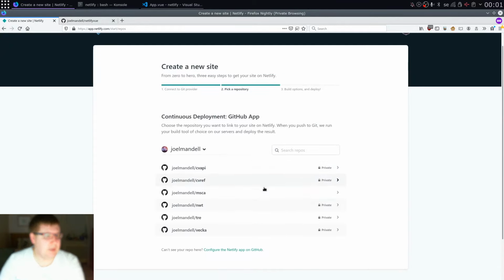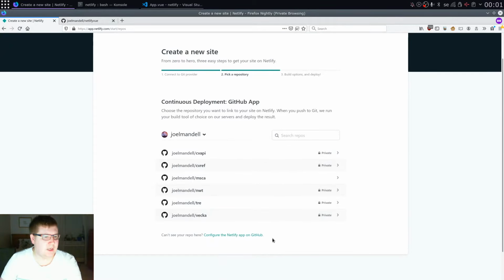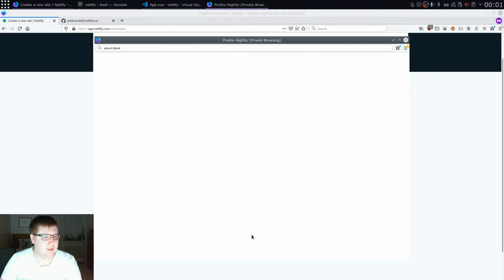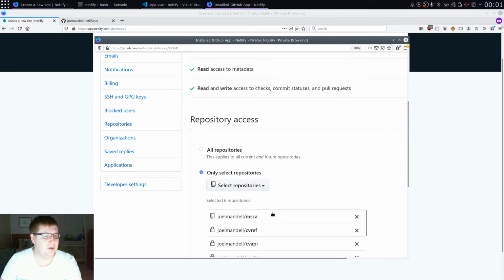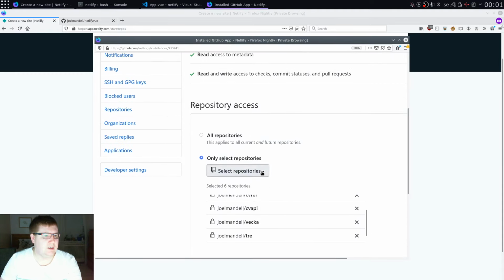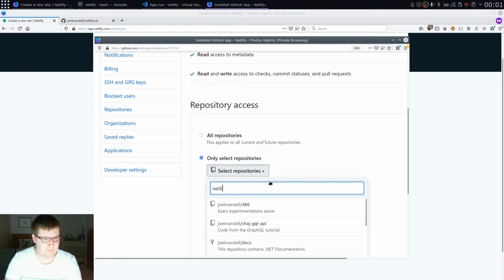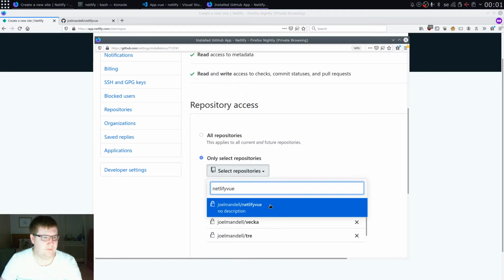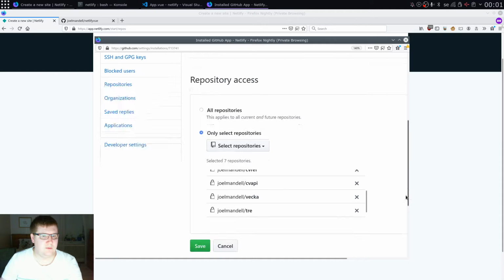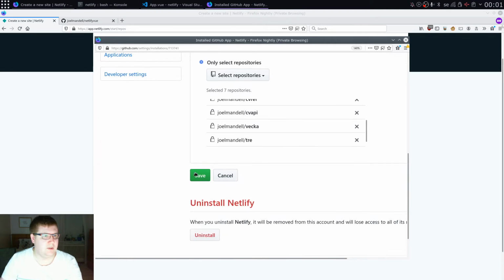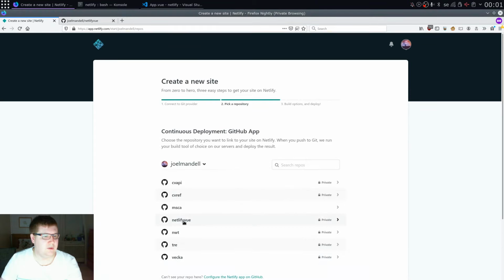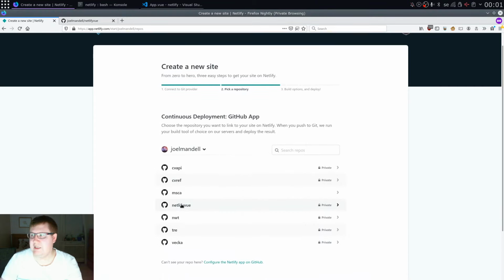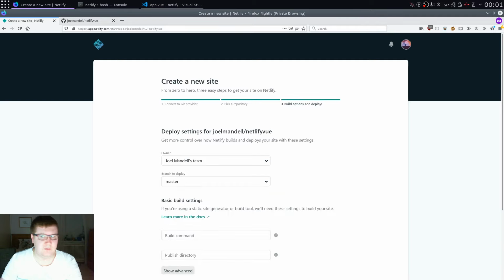And then we have to scroll down and pick this option, configure the Netlify app on GitHub. So here we will select this Netlify Vue. Go with that one. Let's save. Now it's selectable in the list, so we select that,